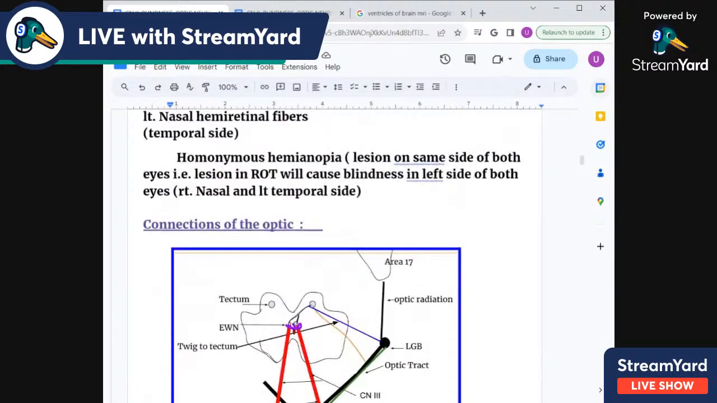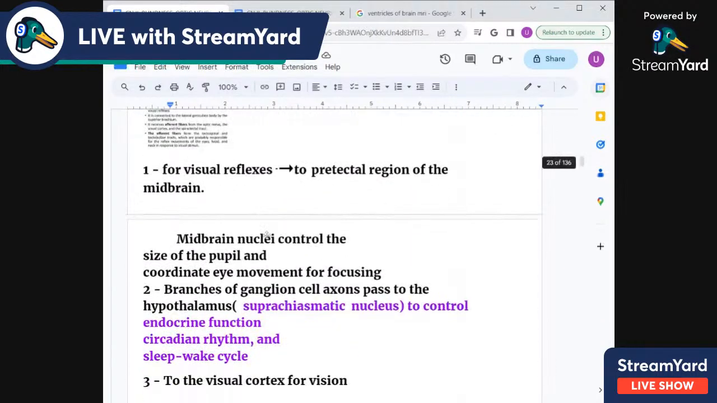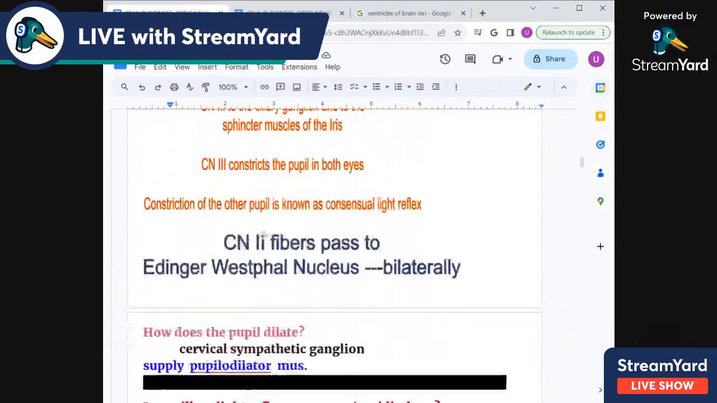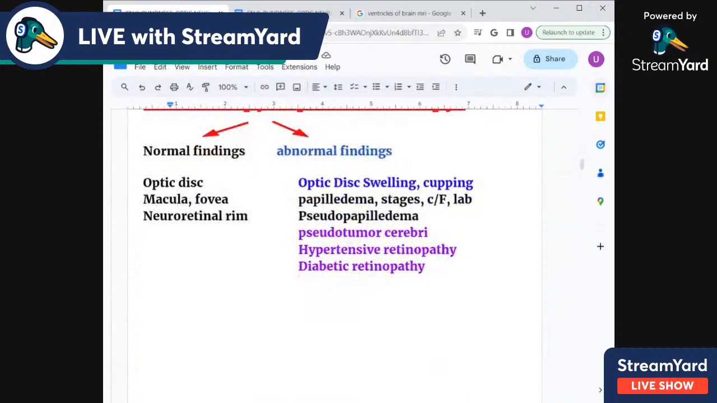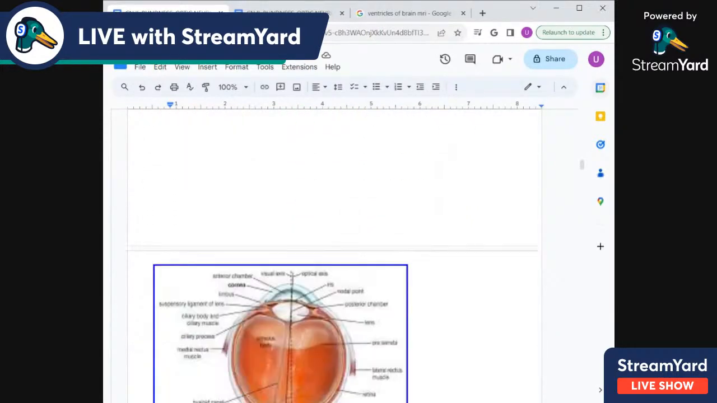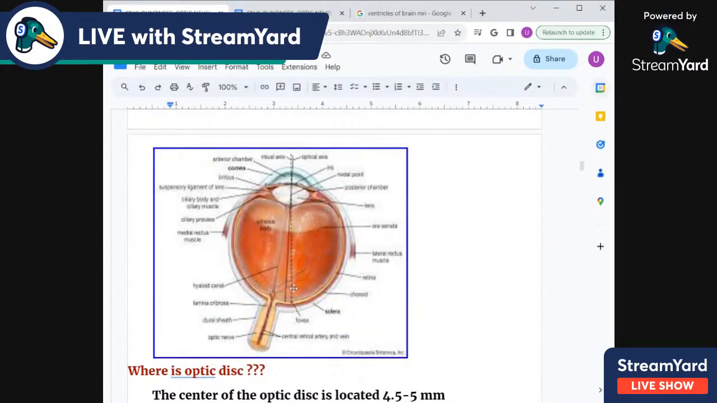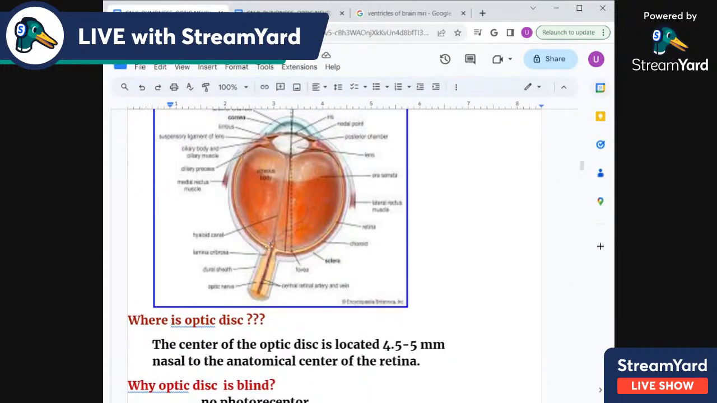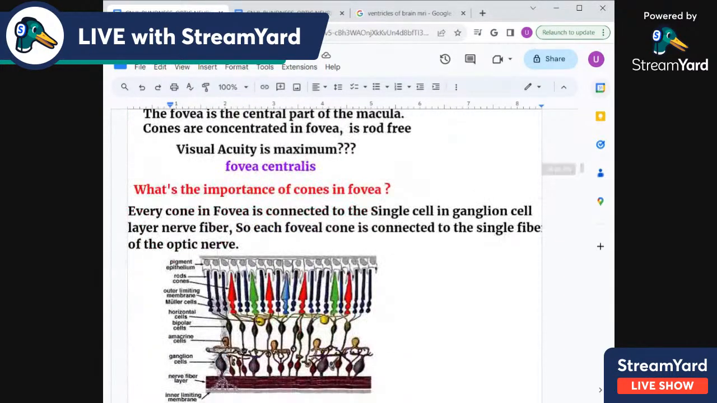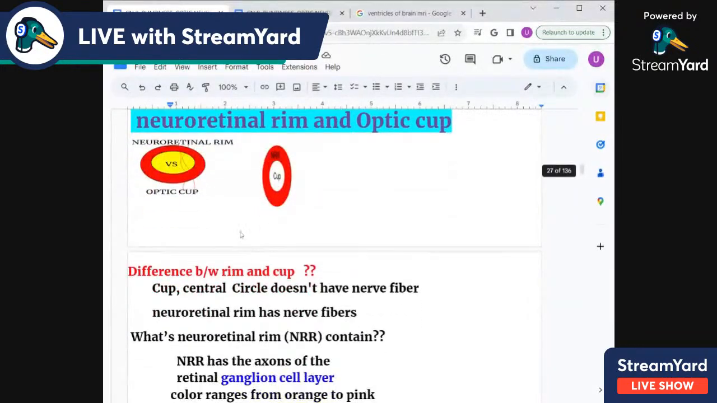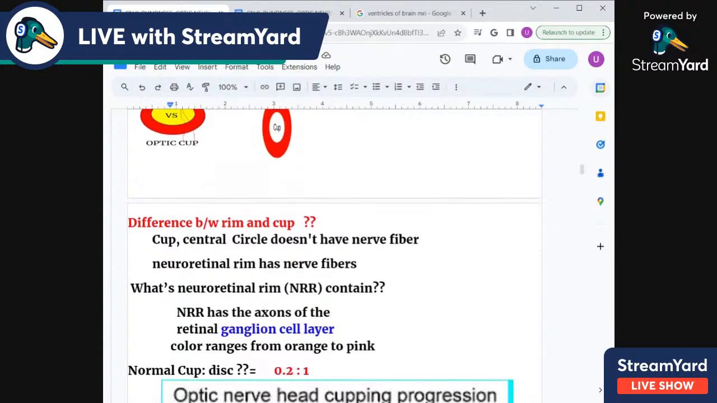Then we did the pupillary light reflex, and then we did the fundoscopy, normal findings, macula. This is everything about that. And the optic cup, the neuroretinal rim, optic disc, and then we did the neuroretinal rim. This is central the optic cup, blind spot, and this bigger circle is the neuroretinal rim with the features that